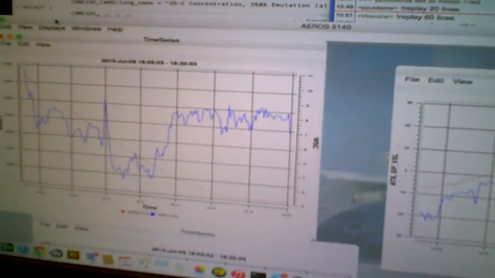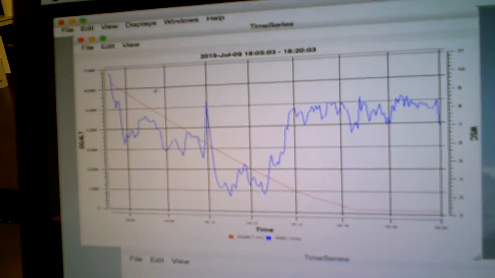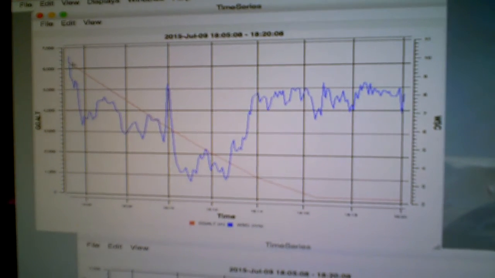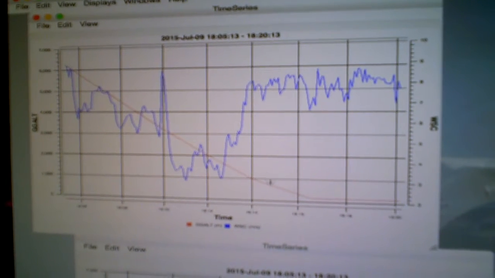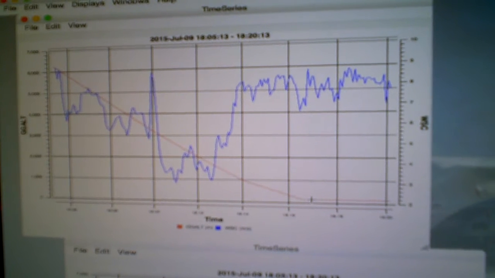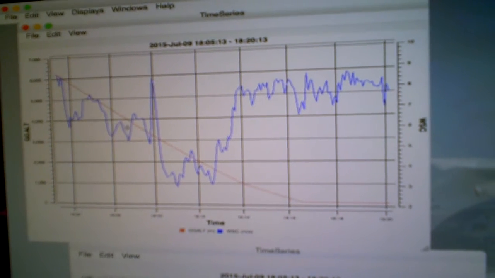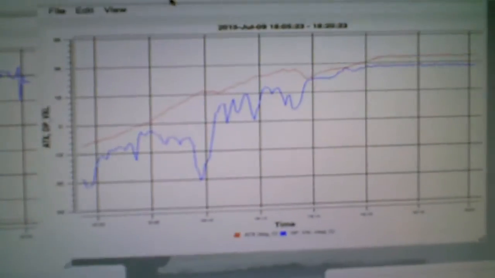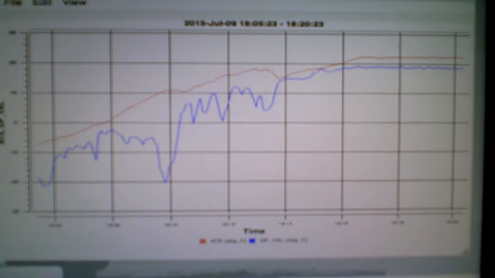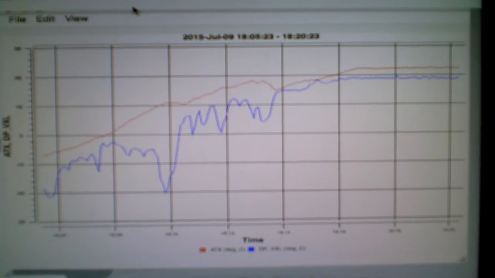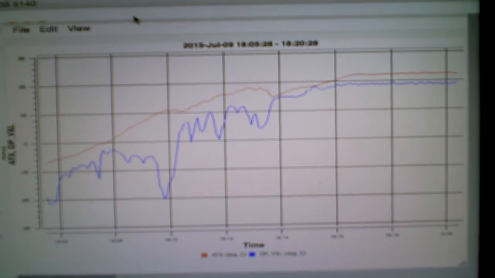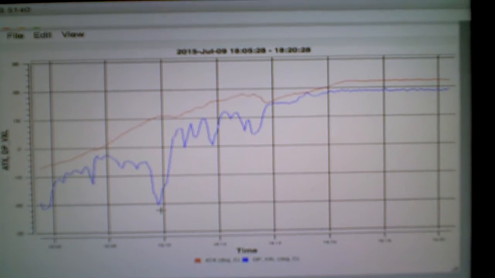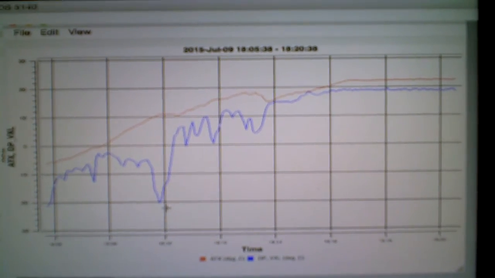So here, this red line is the altitude trace, and so the airplane is descending right now as it's getting ready to do its first profiling of the cloud deck. The blue line here is the wind speed that's associated with it. Here we can see the temperature and the dew point temperature, so this gives us a sense of the moisture, the relative humidity that the cloud is developing or not developing in.